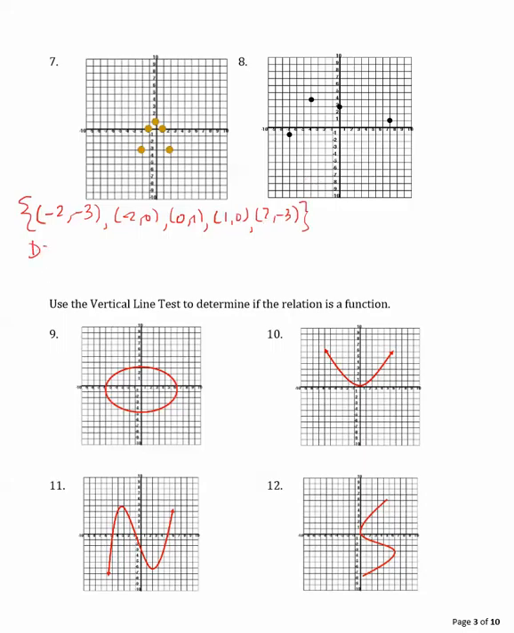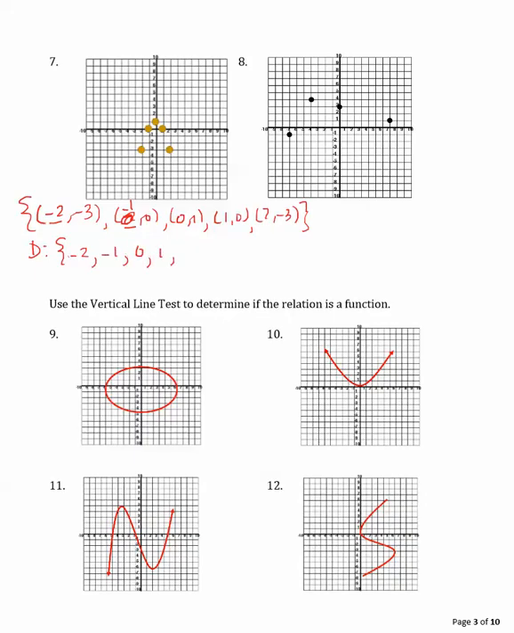The domain of the relation is the set of the x-coordinates. It is not repeating any x-coordinates. Looks like I have one of these points wrong. So we have -2, -3, and then we have -1, 0. Okay, so the x-coordinates for the domain are -2, -1,